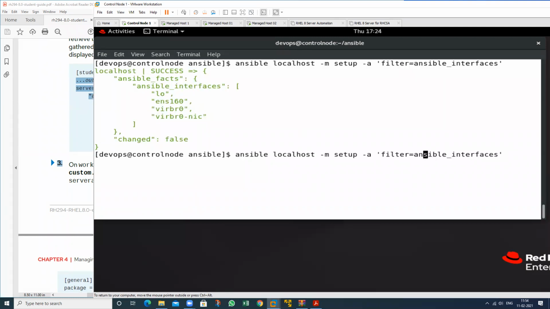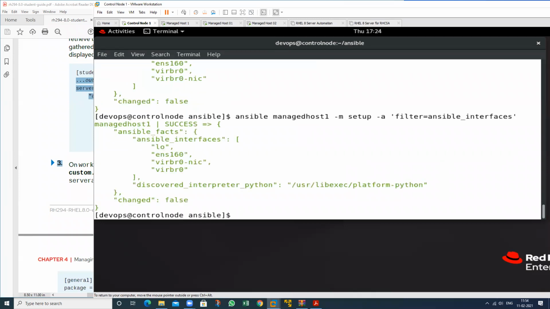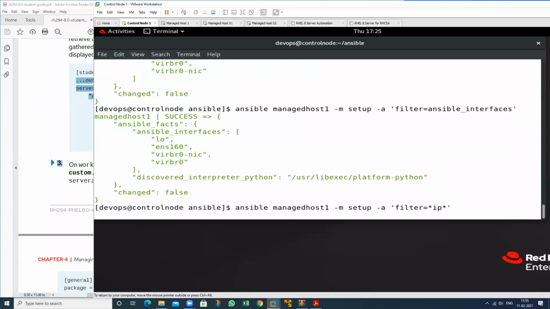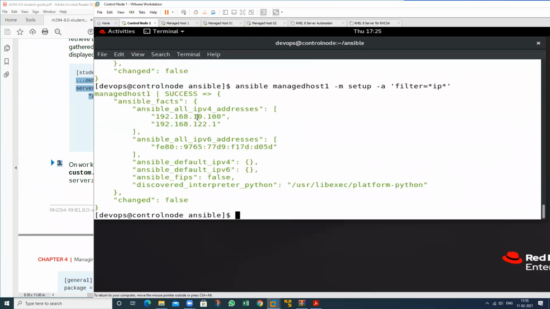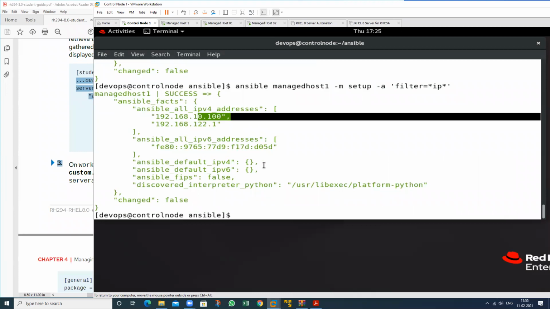If I place here just managed host 1, this will place the value of managed host 1. And I want to check the IP address information. So see here. Just check the IP address information. See, what is the IP address of this one? 11100.